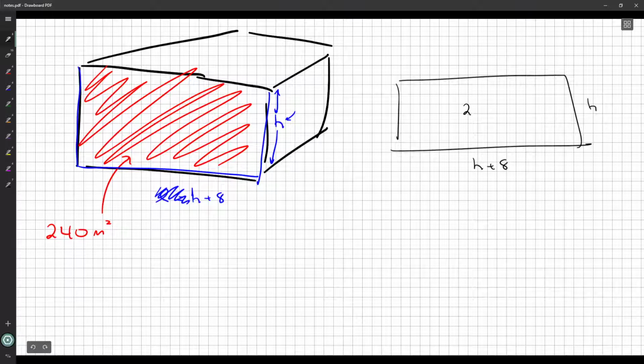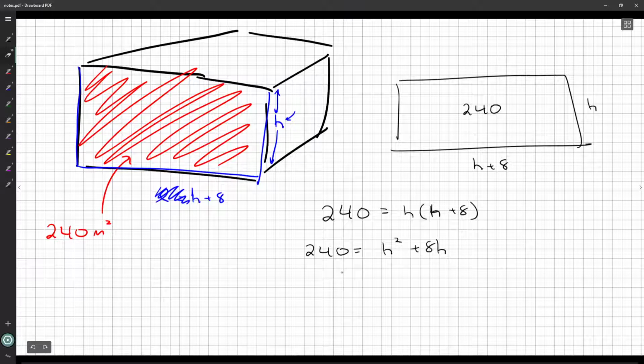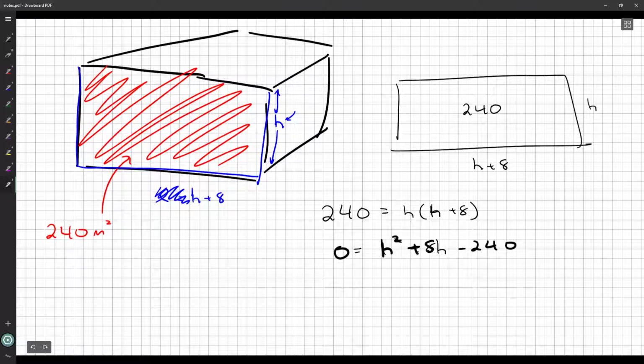So we've got the side lengths, and we know the area. And thanks to geometry, we can relate the two. The area of a rectangle is the length times the width. Okay, well, we can expand this out a little bit. We could subtract 240 from both sides. And now I've got a quadratic equation that I might want to solve. Okay, solve for h, my unknown, my height of the building, and that'll tell me how tall the building is,